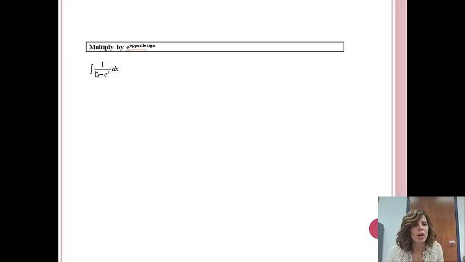We've been taught usually if there's a denominator, we're going to let u be our denominator. But if we do that, du would be e to the x, and I do not have an e to the x up in the numerator, so I'm stuck. So if we have an e in the problem and we're stuck, we are going to multiply by e of